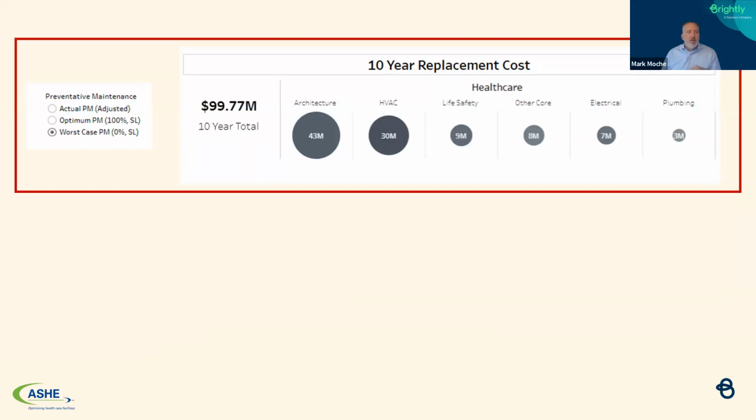So on the top line, we took about a 1 million square foot portfolio, and we said, let's just assume that we're doing 0%. We're not going to do any preventive maintenance. Now that's not realistic. We know that we're going to do some, but let's just use this as a model. For this hospital, if we have 0 preventive maintenance, we would have a 10-year capital need approaching $100 million. That's just based on the age and condition of the equipment and using that 20% shortened life cycle as a